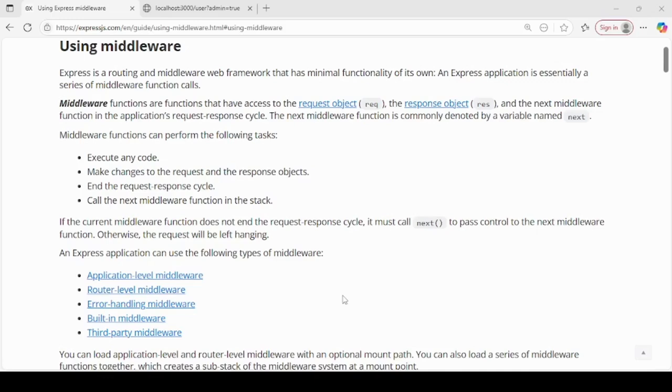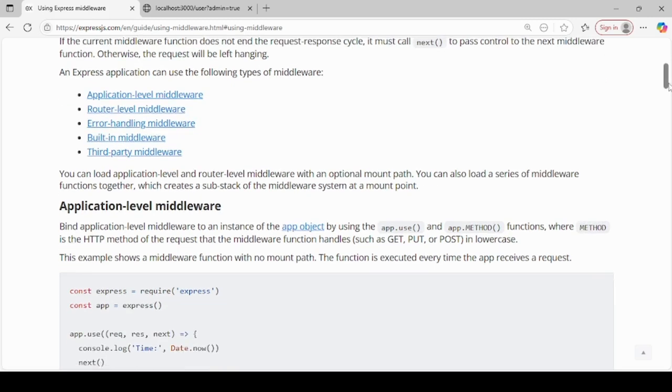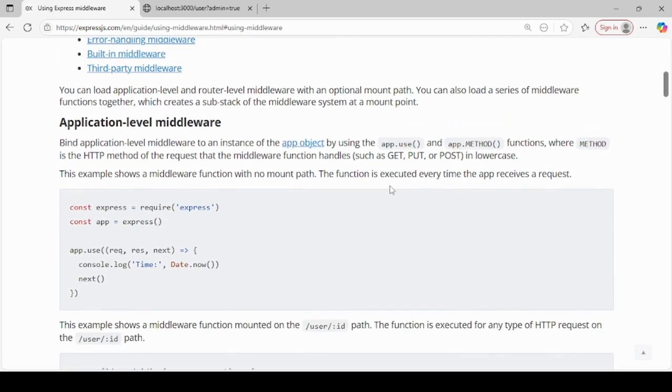You can go through the documentation where you have the definition. You can also have a look at the different types of middlewares, like application level middleware and router level middleware. You have error handling, built-in middleware, and third party. If we talk about the application level middlewares, they are the same as we have been using with the app.use method.